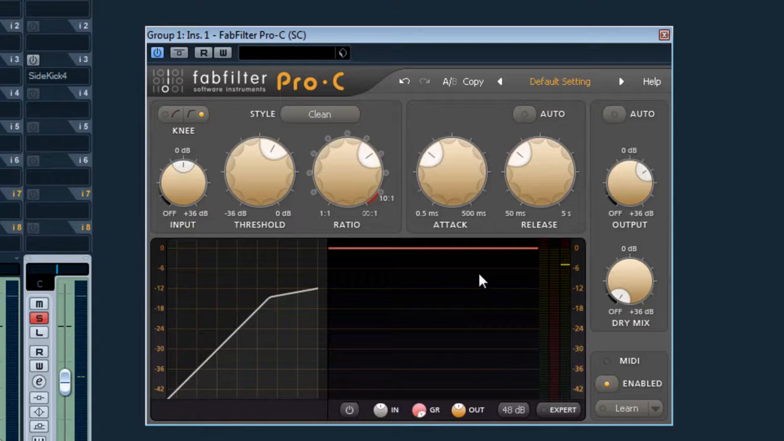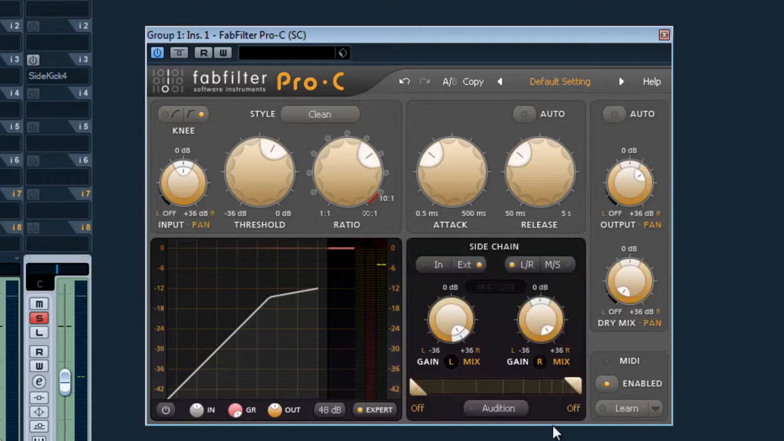Now it opens up like this. What you need to do is click on Expert Mode and select External. What that then does is gives you this little sidechain section. If I hit Audition, I should hear, well, I would hear, let me just, okay, so it's that hi-hat. That hi-hat's what I'm actually sidechaining this with,